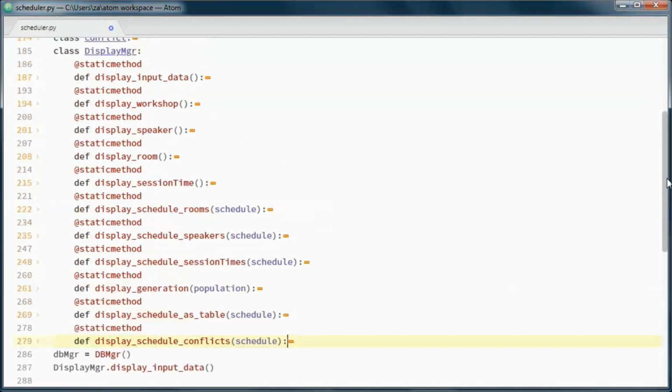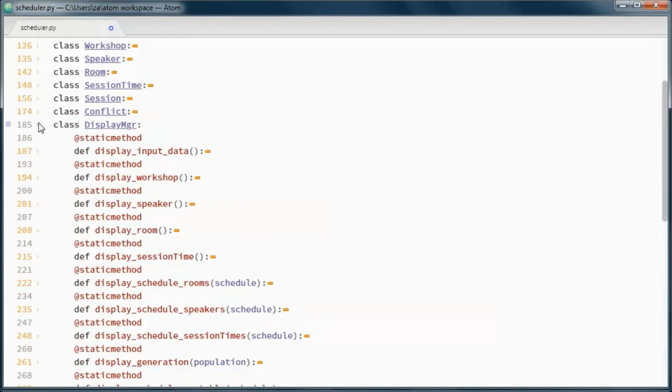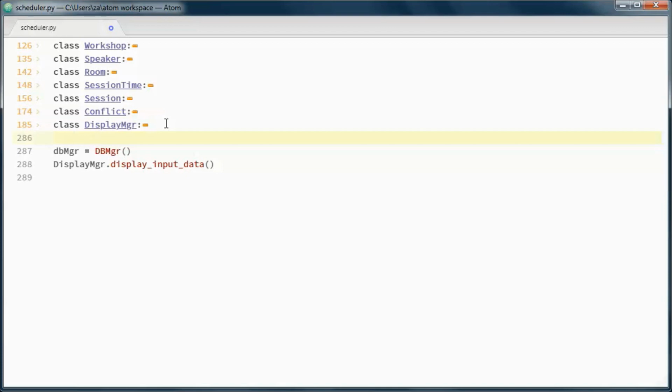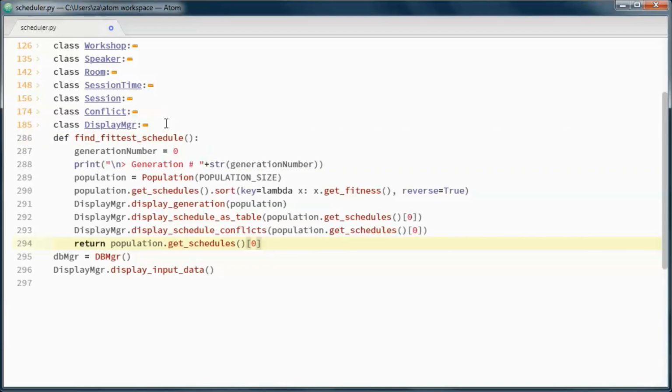And we'll have this function that finds the fittest schedule.